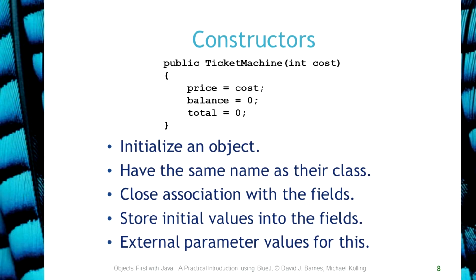An important point to note here is that the price of a ticket is initially determined externally and then has to be passed into the constructor. And within BlueJ, you decide the value and then enter it into the dialog box. Part of the task of the constructor is to receive that value and store it in the price field of the newly created ticket machine so that the machine can remember what the value was without you having to keep